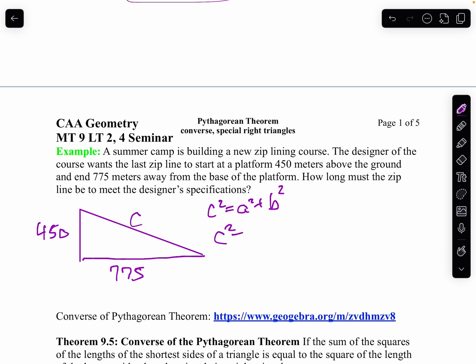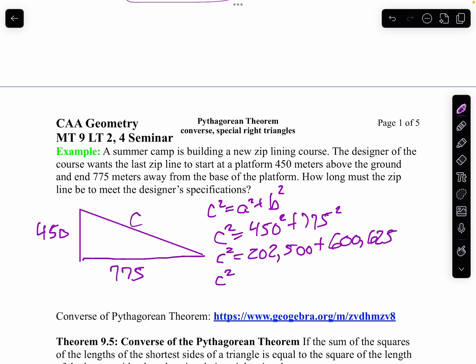So C squared is 450 squared plus 775 squared. Well, when you do that, just using our calculator, 450 squared is 202,500. 775 squared is 600,625. So C squared is 803,125. I take the square root of both sides,